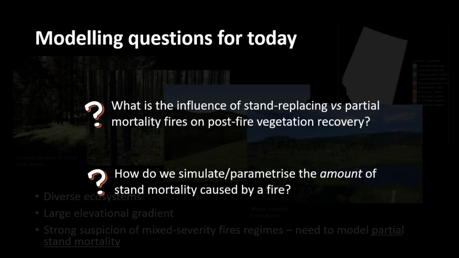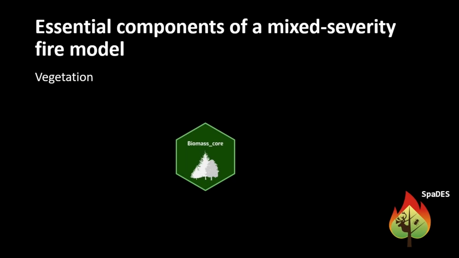And the 2 bigger questions that I'm talking about today are, what is the influence of simulating stand replacing versus partial mortality fires for post-fire vegetation recovery? Does it make a difference? And how do we simulate or parameterize how much we kill when we have a fire spreading in a model from data? And so the essential components of this model, and again, this is really brushing over the complexity of it,